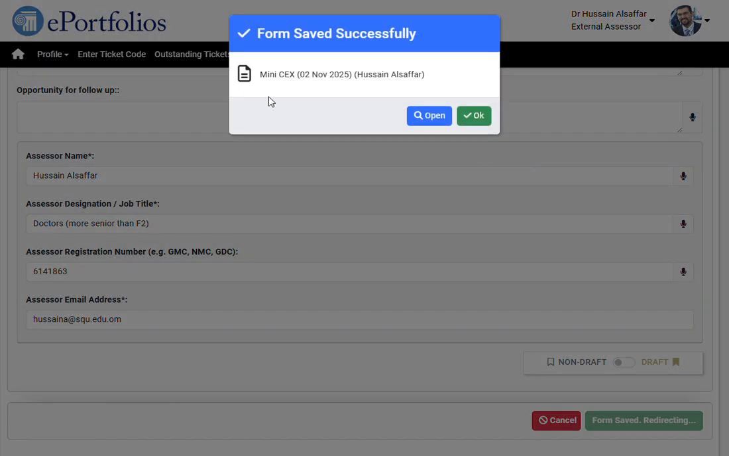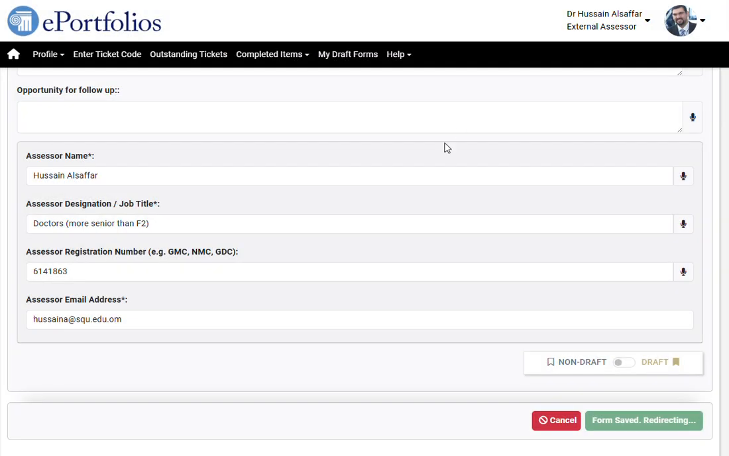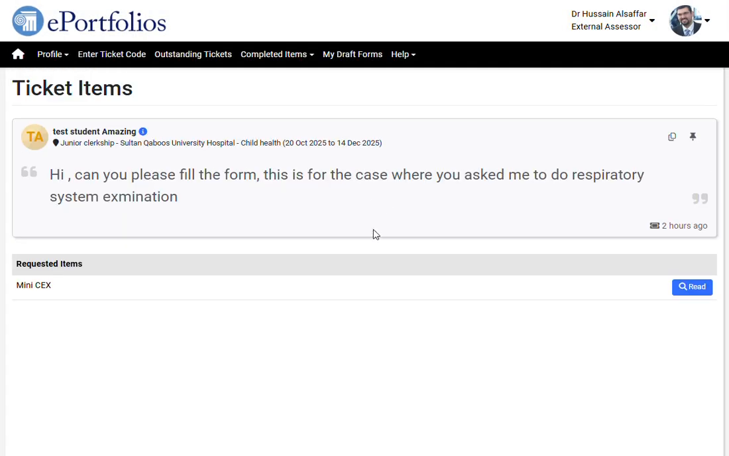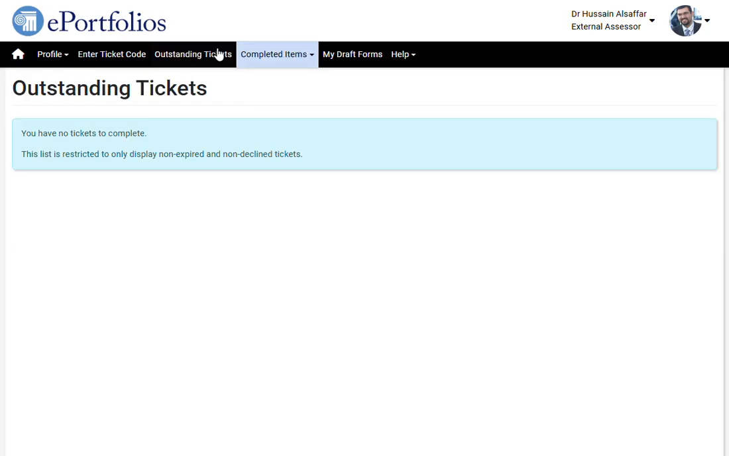Once it's saved, it goes back to the student, and the student will be informed that the form has been filled. You can see here if you have any outstanding tickets or completed forms,